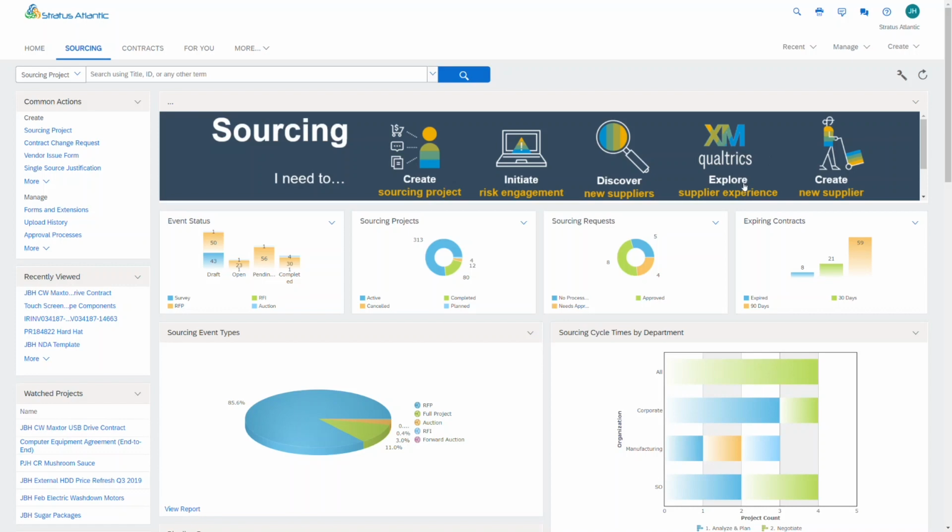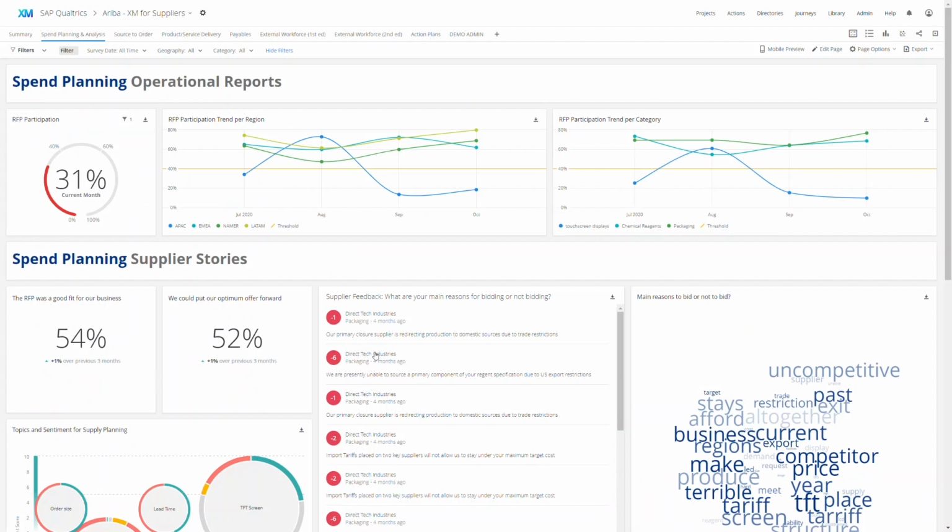So if we look at scaling up a world-class operation in terms of sourcing and procurement, this is where Qualtrics comes in. Over on the Qualtrics dashboard, you can see that we've pulled in the operational data from the Ariba platform in the top line here. And we see a clear dip in our participation, both by region and by category, particularly in this area of